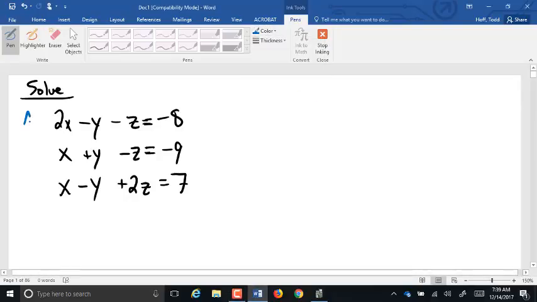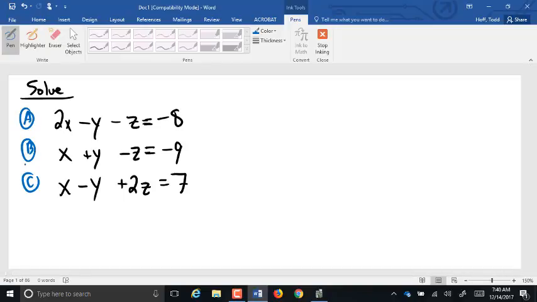Okay, so we'll go ABC here. I am going to use elimination, and what variable should I eliminate? Y. That seems to be the easiest one. You are correct. So I'm going to do over here, give me B and C will work, so let's do